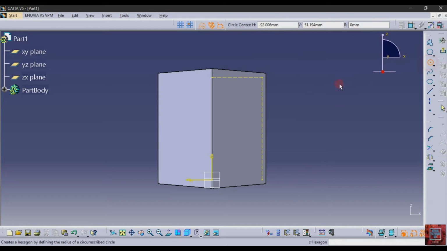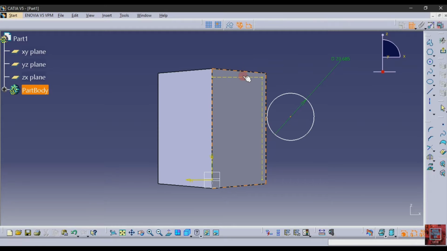Then after that select a circle, make a circle and remove the construction option, give your dimension.